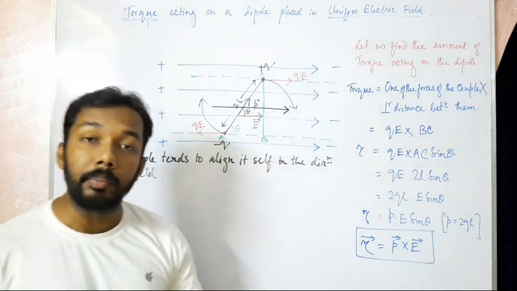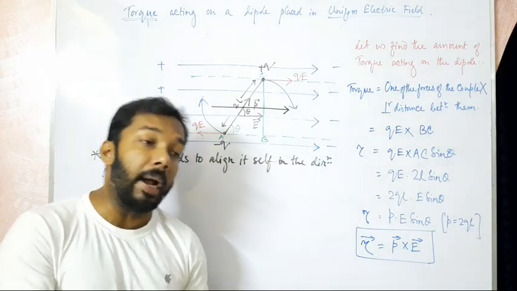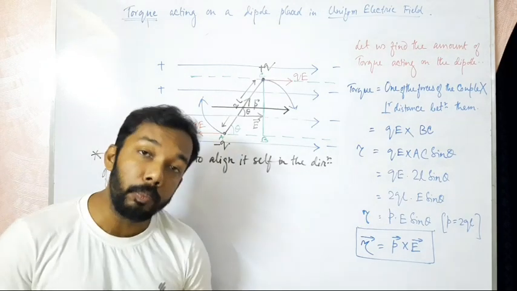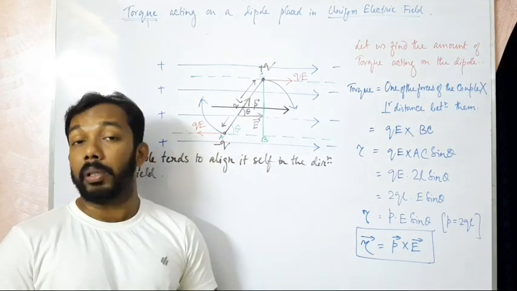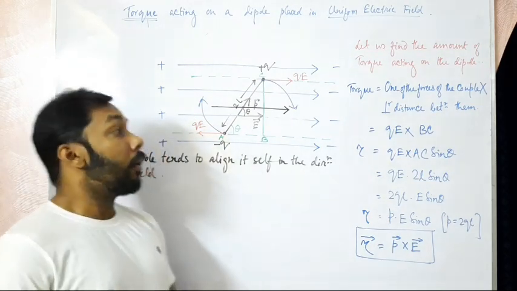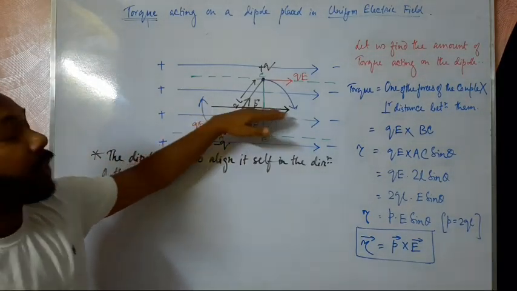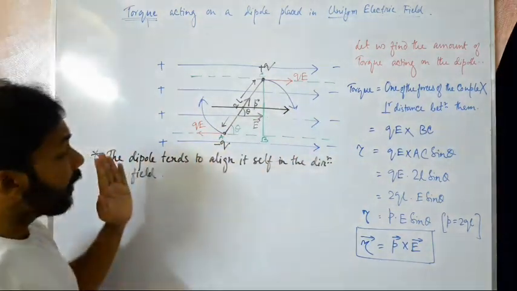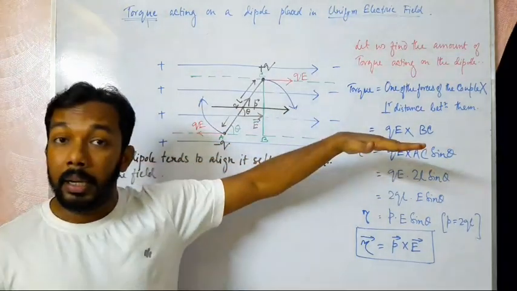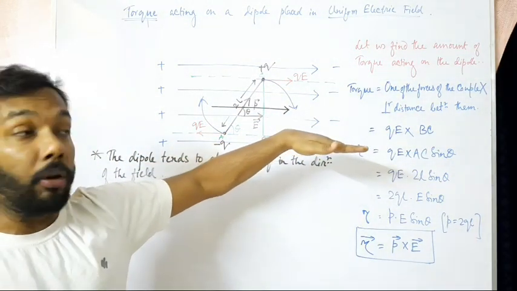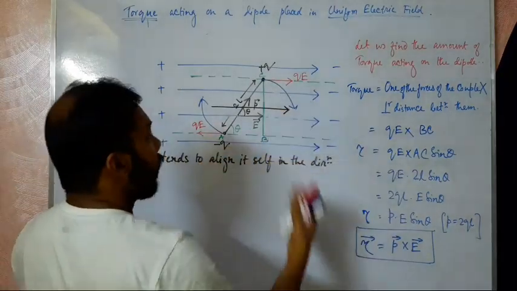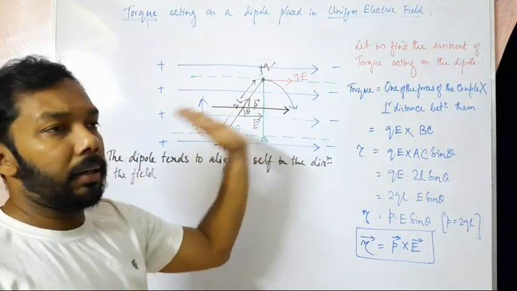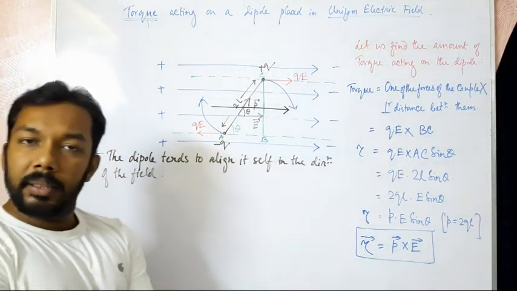Do you know what we mean by equilibrium position? Equilibrium position means that position where any system wants to be. Any system wants to be in such a position where its potential energy is minimum. So from this concept, we can also say this is the direction where the potential energy of the dipole is minimum. If the dipole aligns itself in the direction of the field, it will have minimum potential energy. So where will be its maximum potential? Exactly opposite. If we reverse it, making it anti-parallel to the field, it will have maximum potential energy.